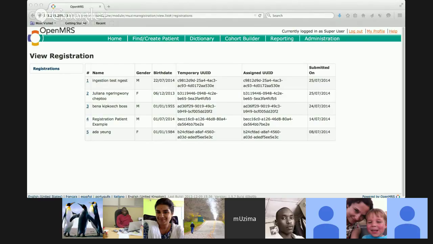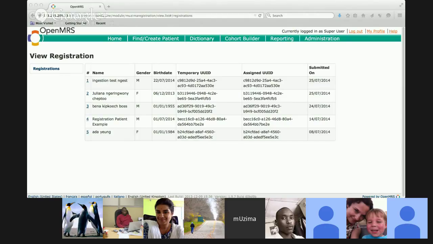So is it correct that when the temporary UID and assigned ID are different, we know that there's actually a record that already exists in the system? Would that be the right assumption? Not necessarily. It could be the same, I think. So we need some way to distinguish here, because it's unclear. Let's say we want to know how many new clients we created a new record for through mUzima in the system.